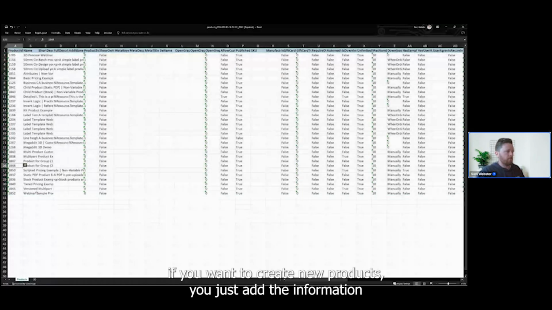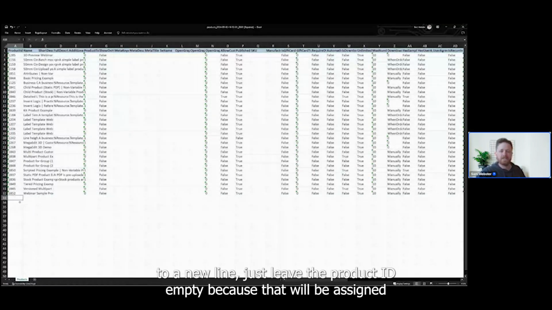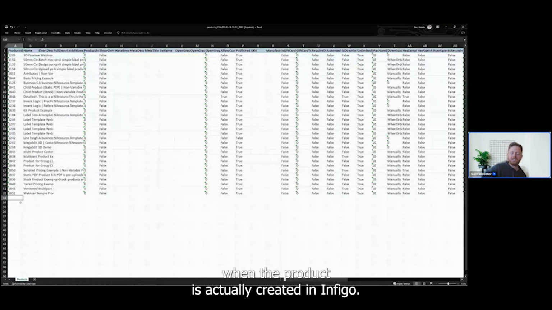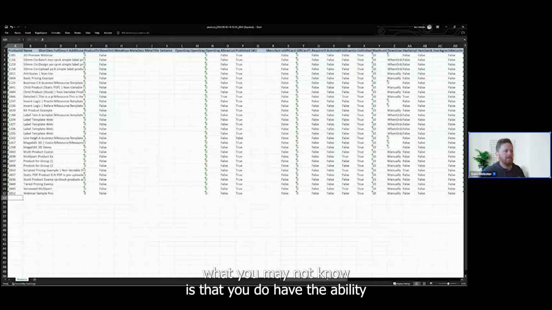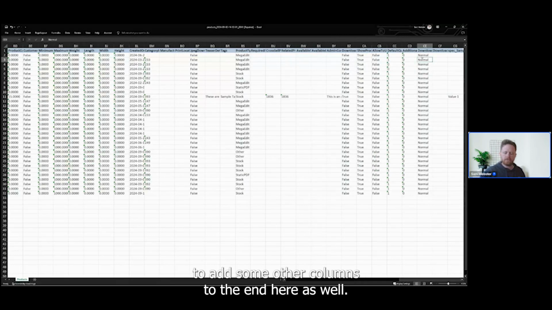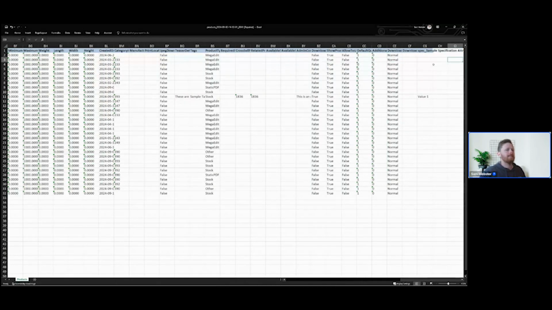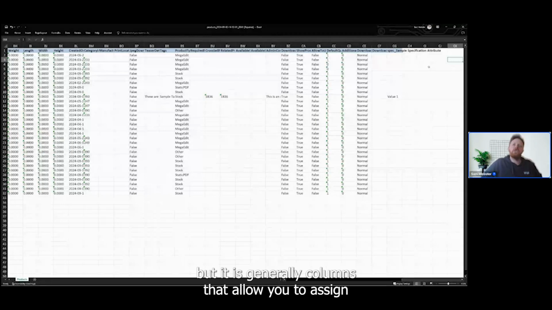If you want to create new products, you just add the information to a new line. Just leave the product ID empty, because that will be assigned when the product is actually created in Infigo. Now, many of you probably know that. What you may not know is that you do have the ability to add some other columns to the end here as well. Now, unfortunately, I don't have a sort of setup example of this, but it is generally columns